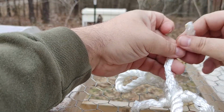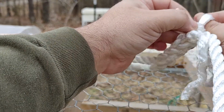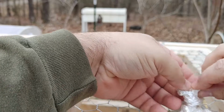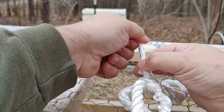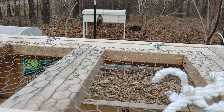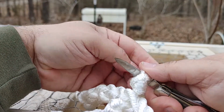So I'm just going to tie these into knots, and then I'll cut off the excess and probably hit it with a lighter and melt it down a little into this knot I made. So and let me show you how it's going to come out, close to what it's going to be looking like when it's completely finished. So we're going to cut this,